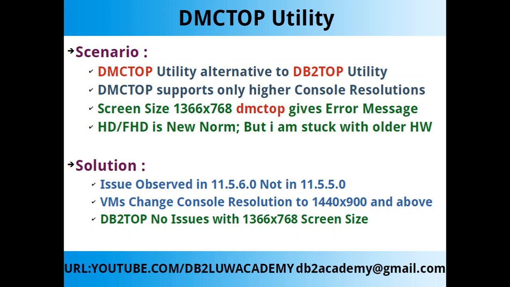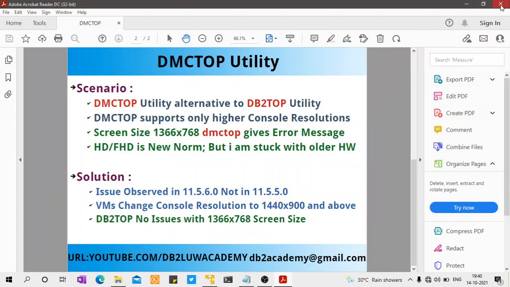If you are using virtual machines, like if you have a Windows laptop and you're using a virtual machine with some Linux, RHEL, CentOS, or whatever supported Ubuntu Linux distributions, in virtual machines you can always change the console resolution. When I played around, I was able to get the value 1440 cross 900 and above. It works fine. But 1366 cross 768, it doesn't work. So I'm just going to show you that as a demo.